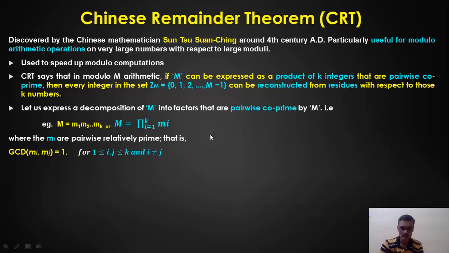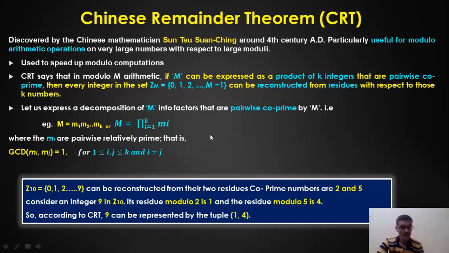Now I'll explain this concept with this example. Just look at this. I have m equal to 10, which means this set is formed with the elements 0 to 9 in this case, right? I can represent this number m, 10, as the product of two integers which are co-prime to each other. What are those numbers? 2 and 5. That is, 2 times 5 is 10, right? As the definition says, we can reconstruct any number less than m by using the residues of 2 and 5. That is what the definition says.